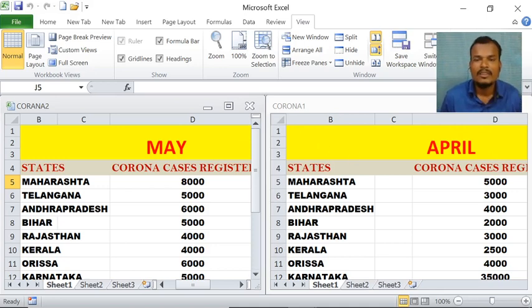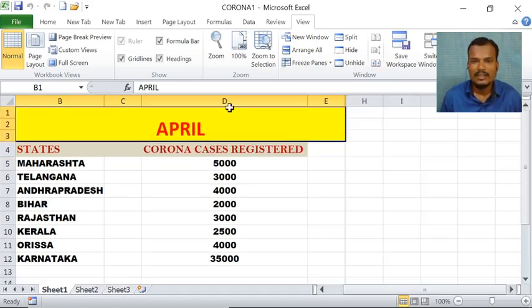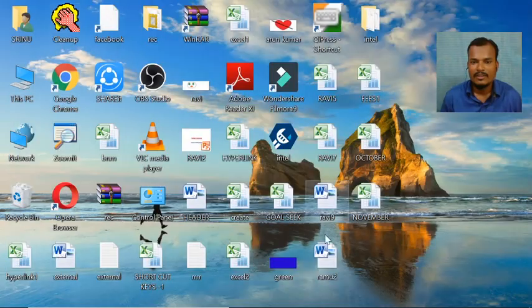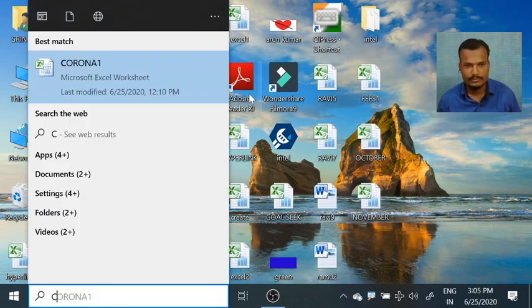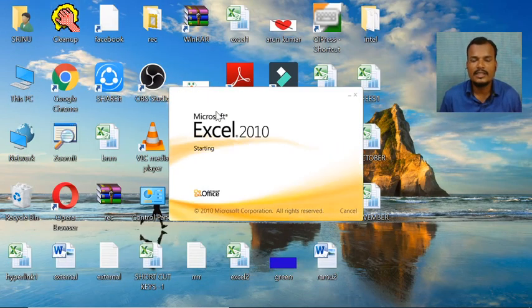Now let us see how to compare between sheets. We have seen the comparison between two different workbooks. Now let us see the comparison between different sheets.